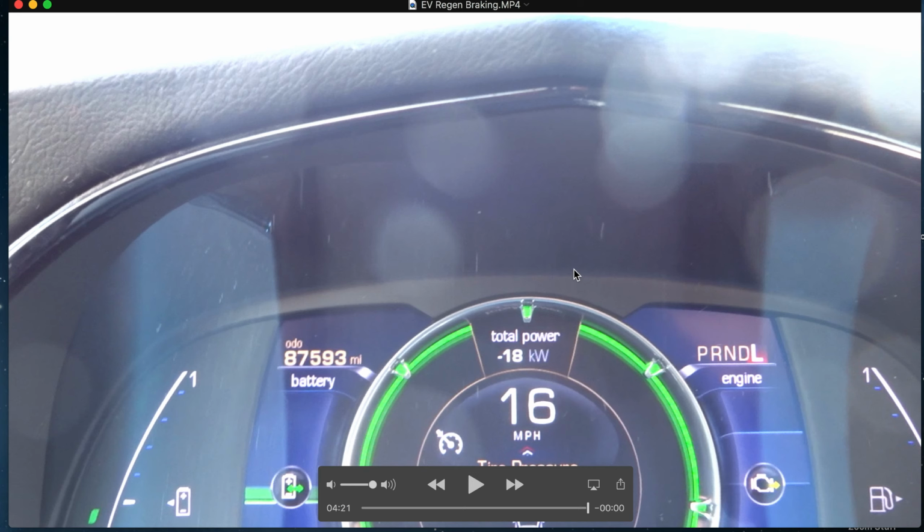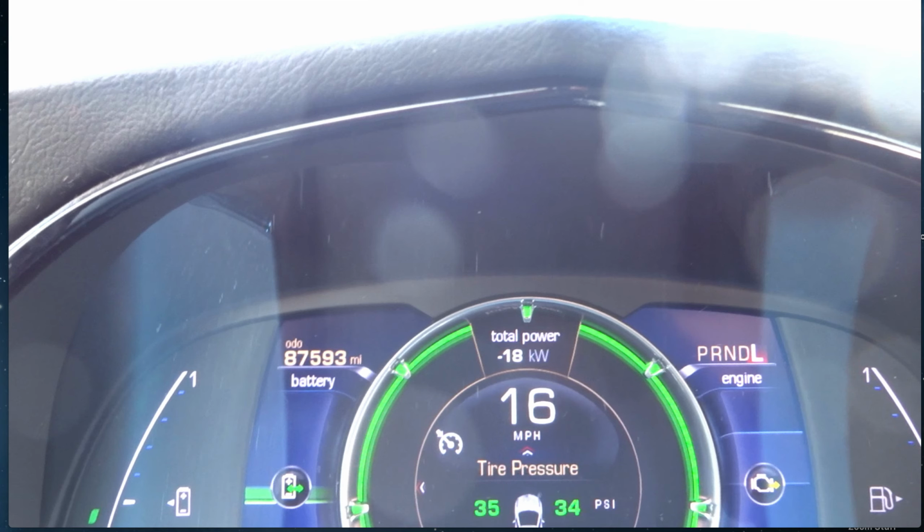And that's it. The one thing I wanted to clear up and discuss was regenerative braking in an electric vehicle. A lot of electric vehicle owners know the advantage of driving an electric vehicle is that you do not need to press on your brake pedal in order to slow your vehicle down. You can simply reduce the pressure on your accelerator or take your foot off of the accelerator, and that will slow it down slowly. Naturally, when we're coming to a normal stop, then we just take the foot off of the accelerator and stop like a normal